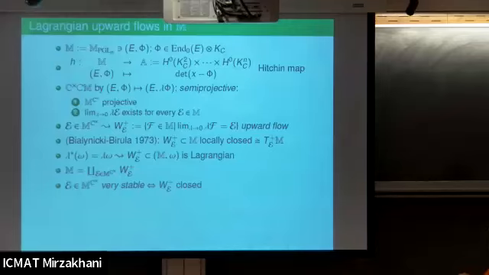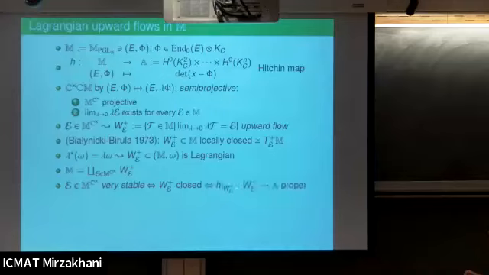But it's clear that it's going to be interesting, those ones where the upward flow is closed. So it turns out that the upward flow is not always closed, so it's not a foliation, but generically, in some sense, it is closed. And we call such a Higgs bundle very stable. So a Higgs bundle is called very stable if its upward flow is closed.